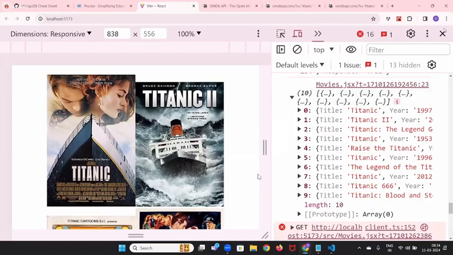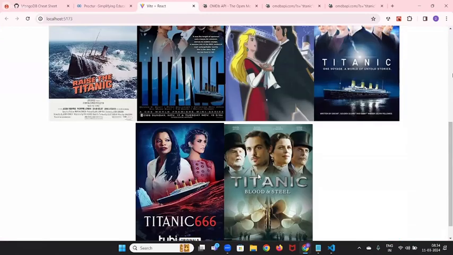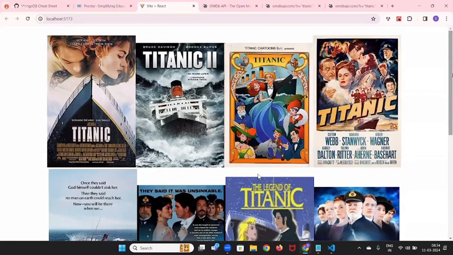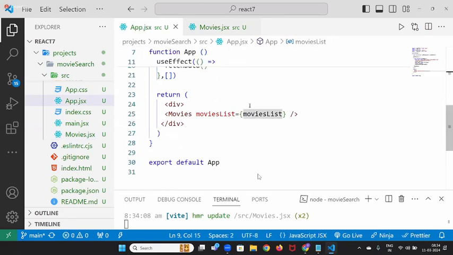See, all movies are coming, which are of Titanic. Because that's what you did, right or not? You directly take the Titanic values. But do you directly want to take Titanic values, sir? No, I don't want that. I want to take the value from a state value. Okay, now go here. Go to your app.js, sir. In the app.js,